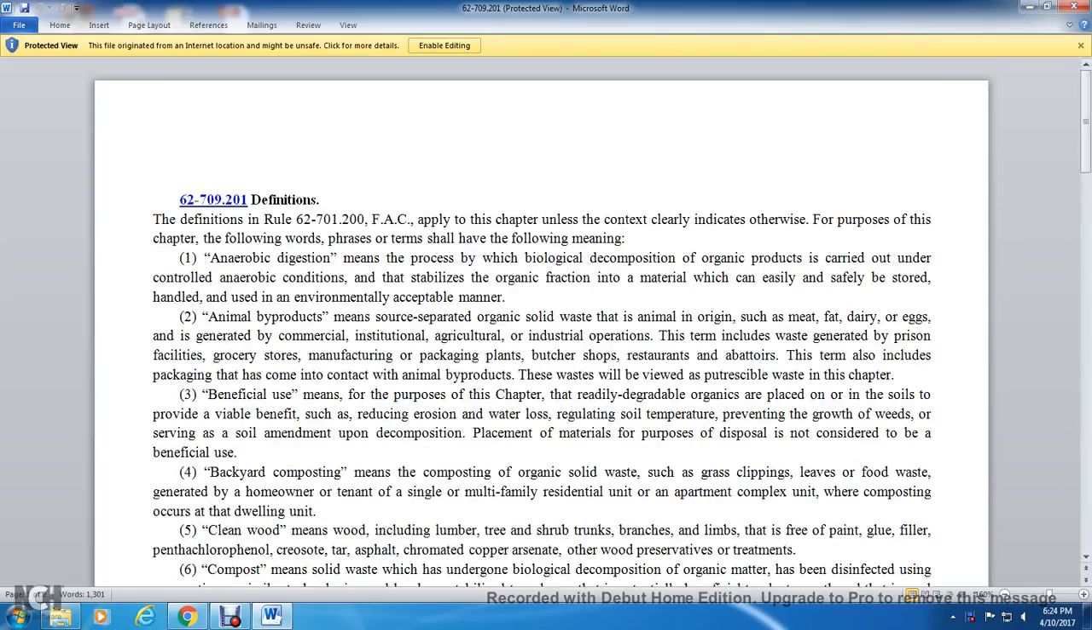Alright, Chapter 62-709, Part 201, Definitions. Rule 62-701.200, Florida Administrative Code, applies to this chapter unless the context clearly indicates otherwise. For purposes of this chapter, the following words, phrases, and terms shall have the following meanings. Anaerobic digestion means the process of biological decomposition of organic material or organic products carried out under the control of anaerobic conditions, stabilizing the organic fraction into material which can easily and safely be stored, handled, and used